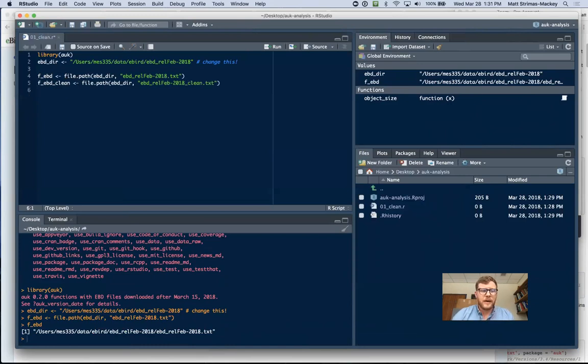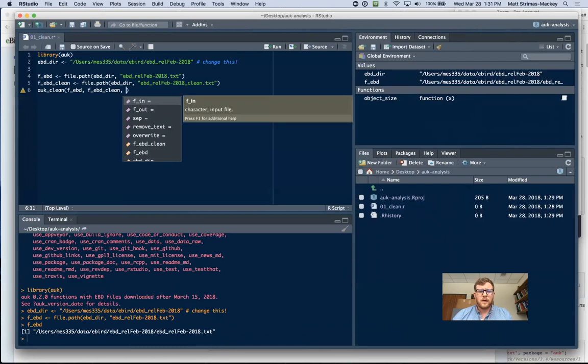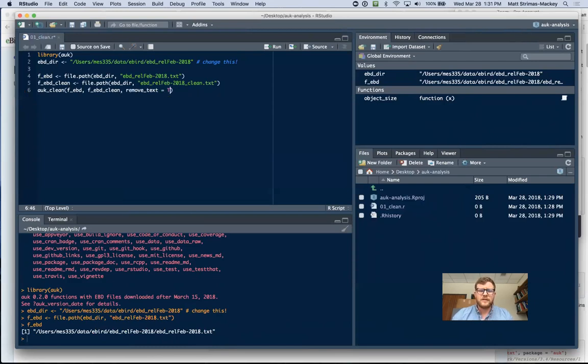And then the command is awk_clean, and then the input original uncleaned file, followed by the desired output clean file. And I'm also going to use remove_text equals true, and that will remove those free text columns and decrease the size of the file. Now I'm not actually going to run this right now because